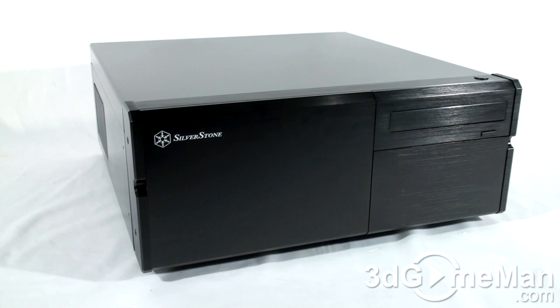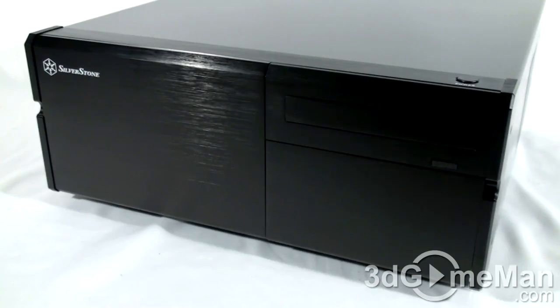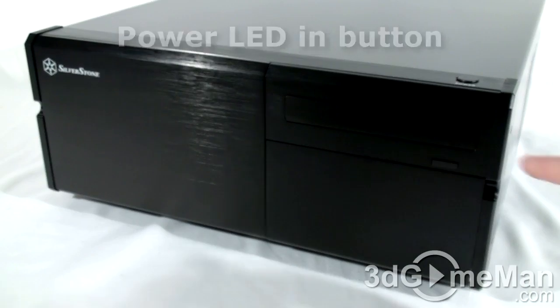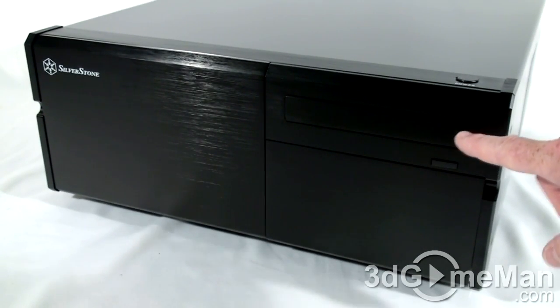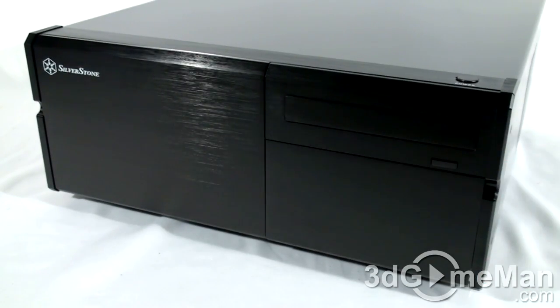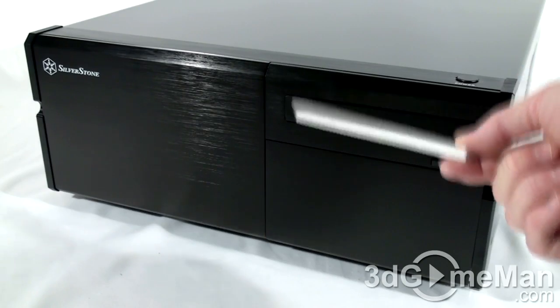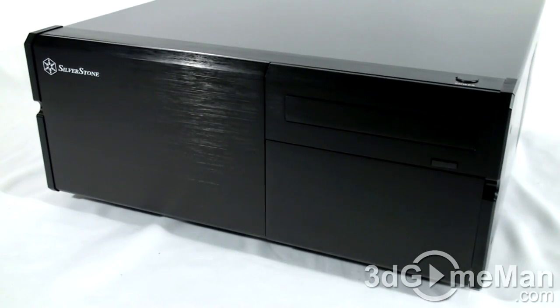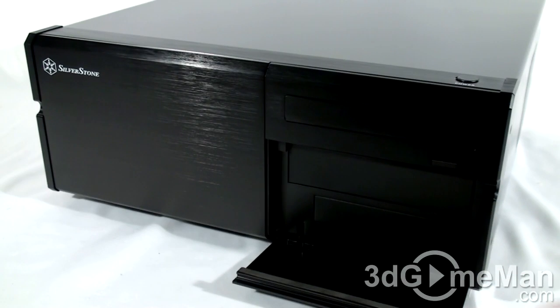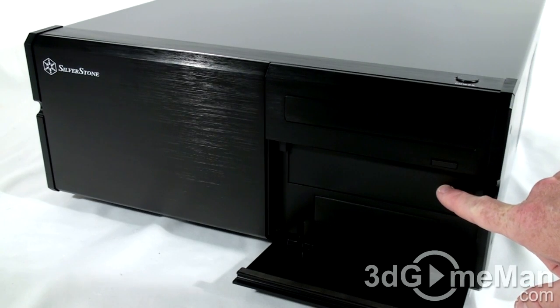Now the case itself comes in black and it's constructed from steel, but the front is brushed aluminum, which looks quite nice. At the top right is the power button. At the front is a place to install a 5¼ optical disc drive, and they include a brushed aluminum drive bay cover here, and you can stick this on to the 5¼ drive bay drawer with this double-sided piece of foam right here. They include a door here which swings down and reveals another 5¼ drive bay, as well as